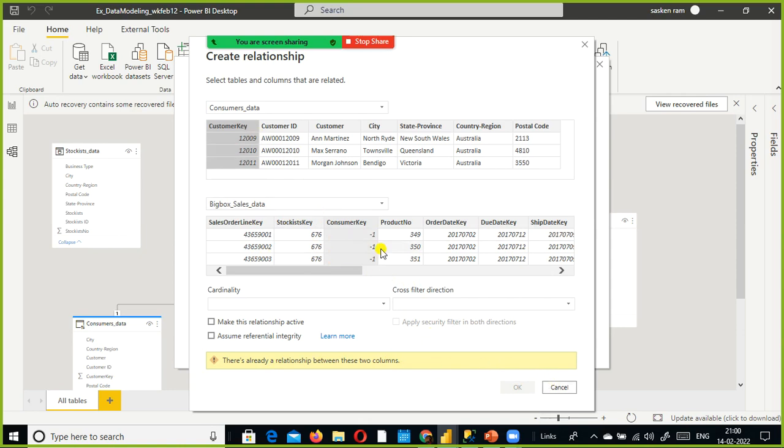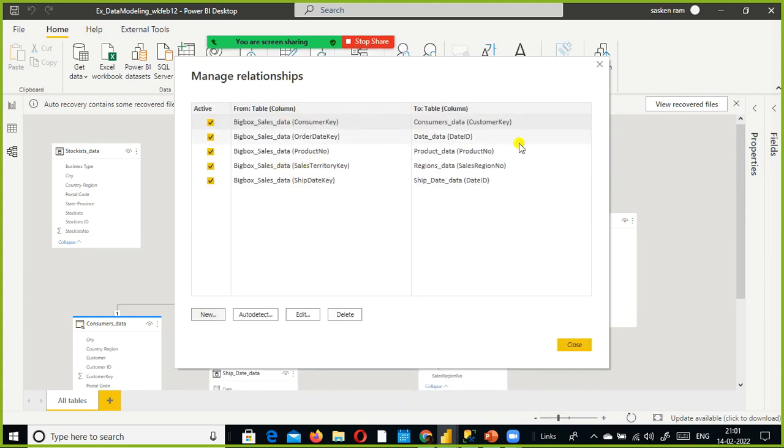This is very helpful, kind of foolproof. You can make sure that you are establishing the relationship between the tables with the relevant columns. Because there is something confusing here, customer ID. If mistakenly you drag and drop the customer ID on top of the consumer key, then those two will get linked up, and when you create any chart and drag and drop the customer and sales, it will not show the correct value. Hope you understood.